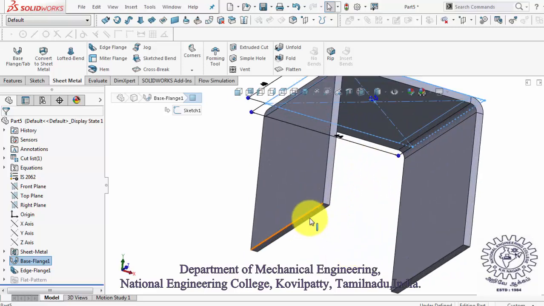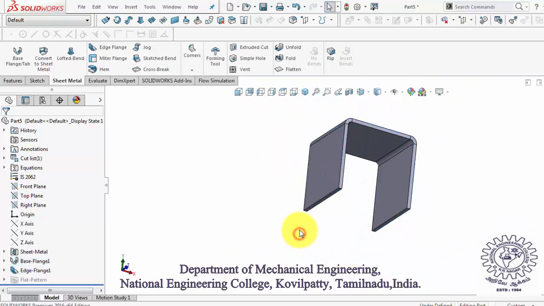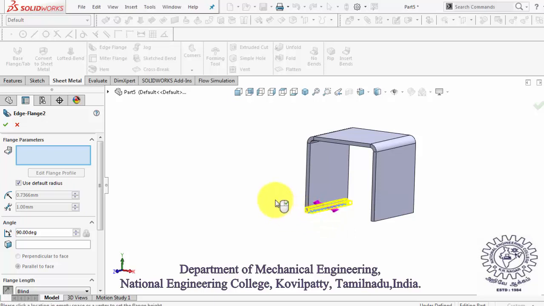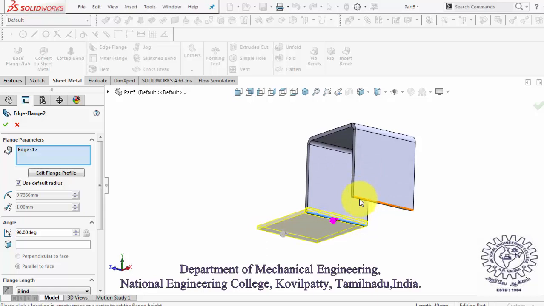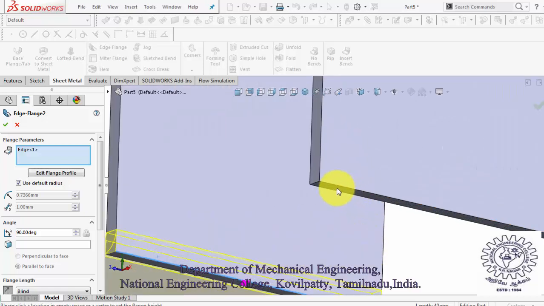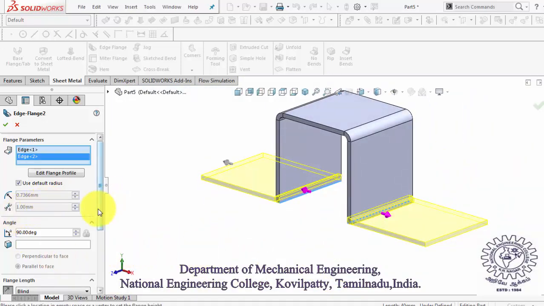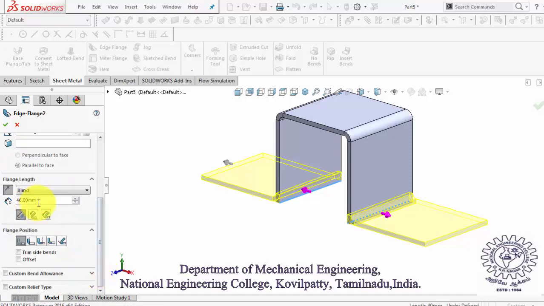Now, again select the edge flange and draw edge flange from the edges of previously drawn edge flange. Specify the direction of extrusion by dragging from the edges of the edge flange. Specify its bend radius